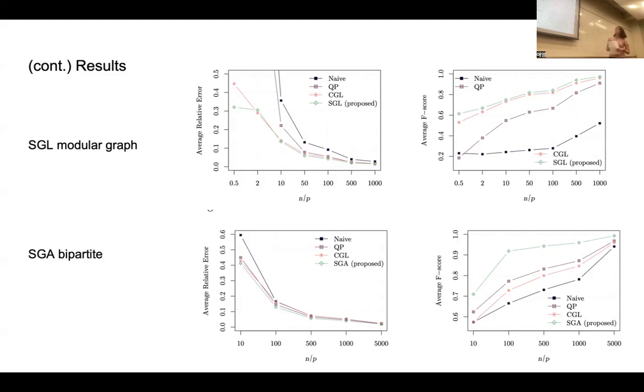Another thing to notice is that these specific results were tested on certain types of graphs that fit nice classifications. They did a bunch of testing. It wasn't just these two results, but SGL was tested on a modular graph, which is related to block decompositions, which intuitively, if you have